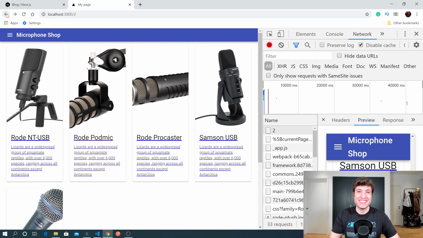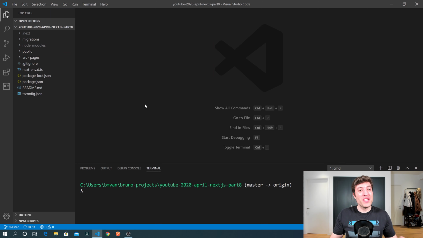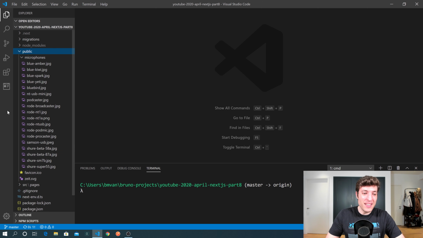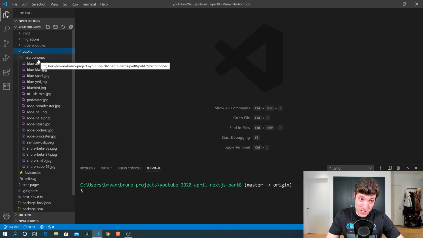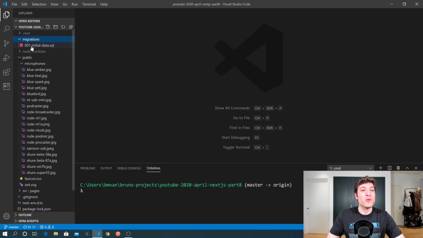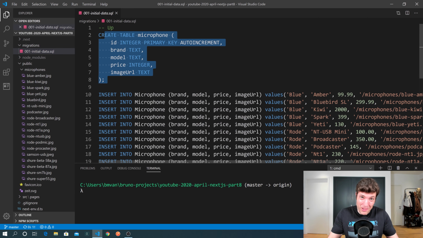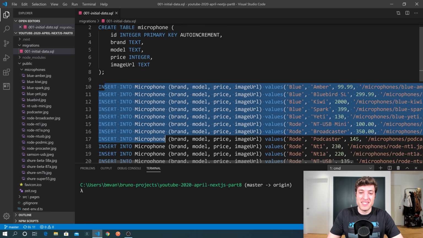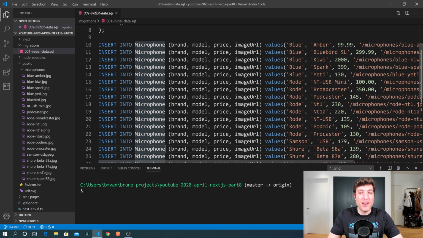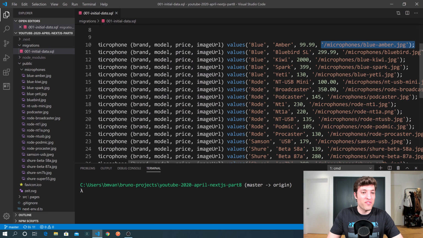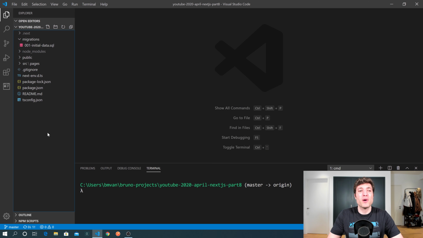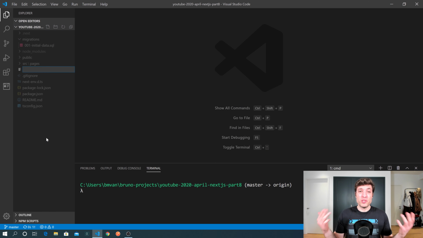build this application. Over here in VS Code, we have a new Next application. I already went ahead and created this folder with some microphone images, and on top of that, I created this migration file with a database table called microphone with some microphones inside. I think there are 18 microphones with their brand, their model, their price, and a path to the folder over here in the public directory. Okay, so the next step we probably should do is to make sure that our database